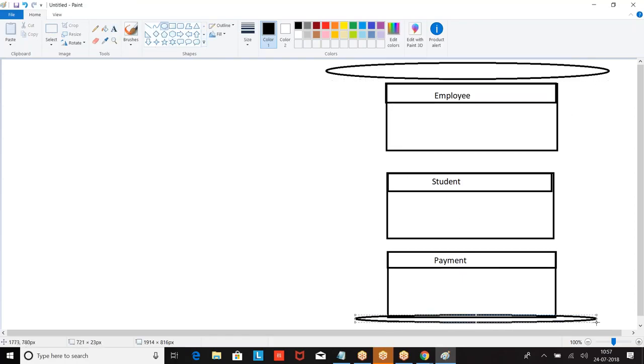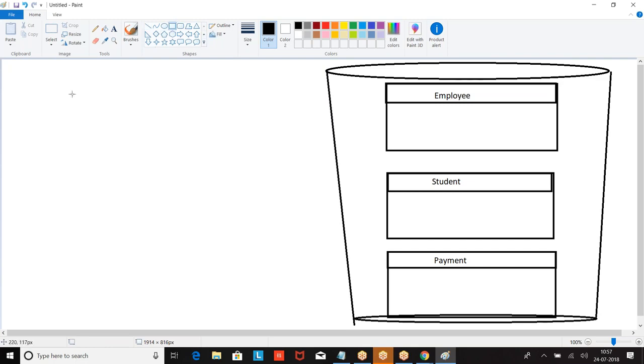These are the tables, these are the objects we created in the database. Now I am creating an application. Look at this. For every object, how many tabs will be created? Only one tab. On an object, we can only create one tab.